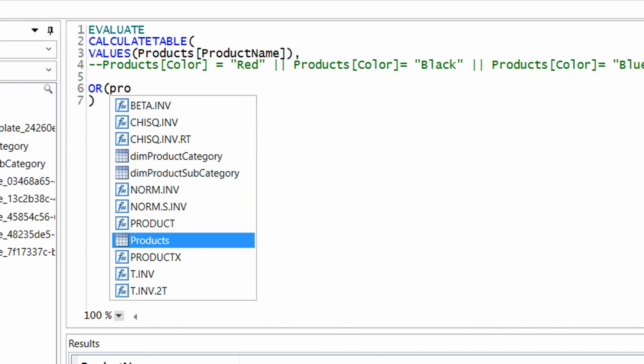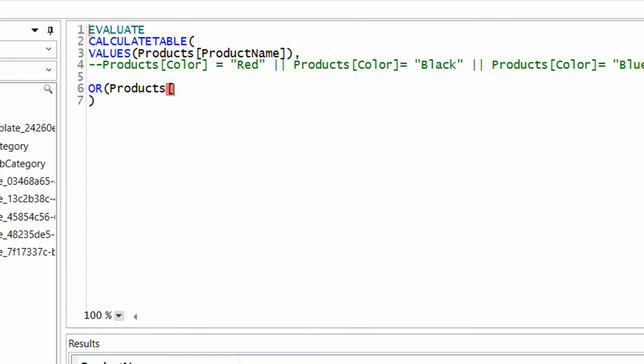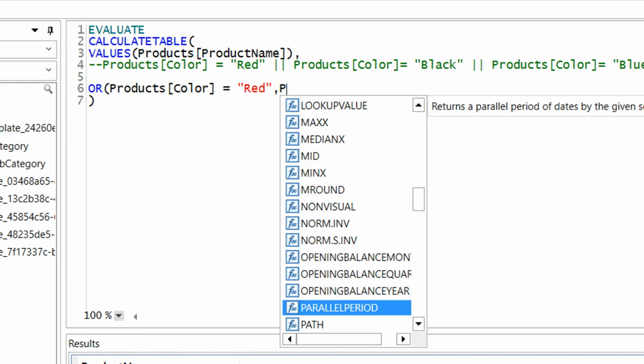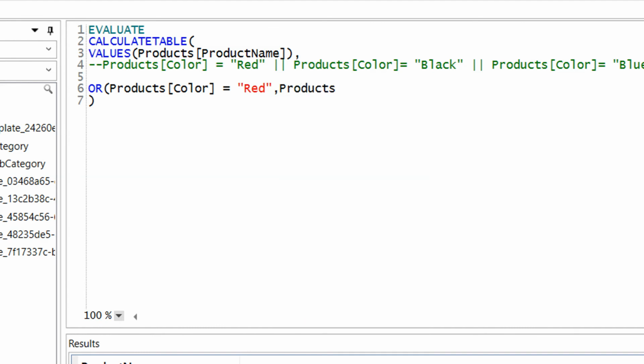Products color is equal to red, and the other value is products color is equal to black, and we need to close it.